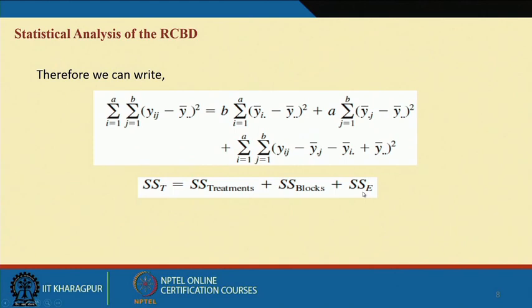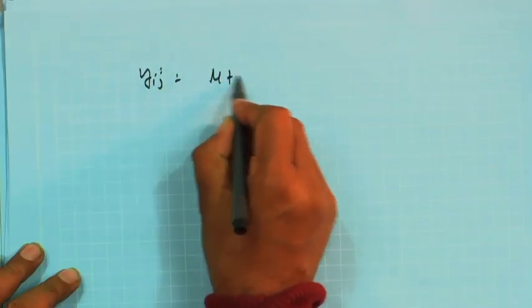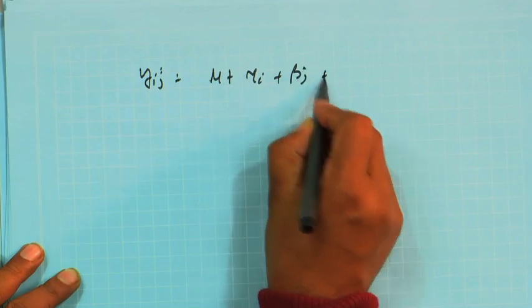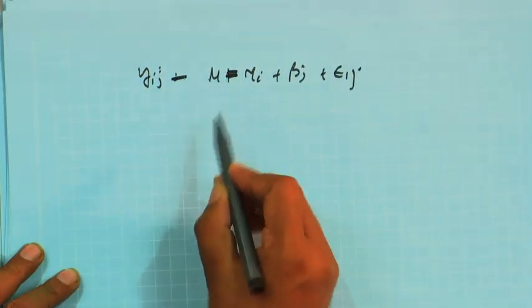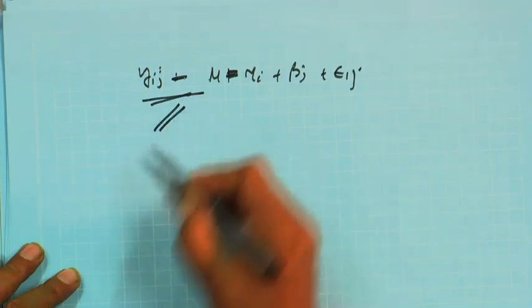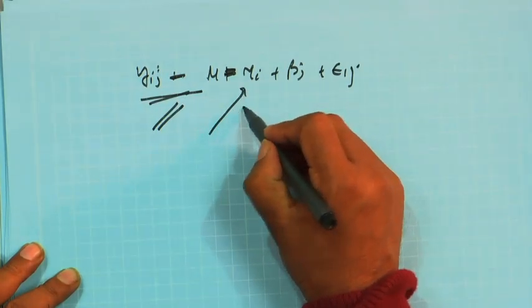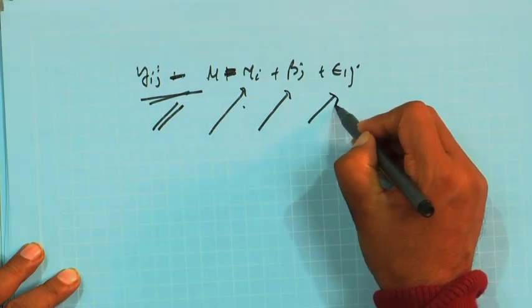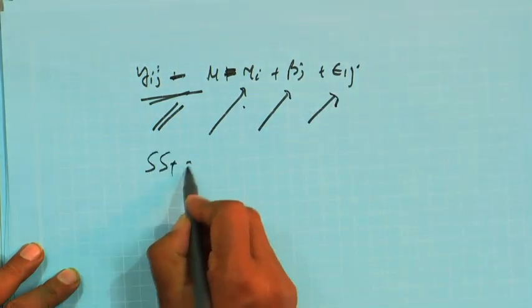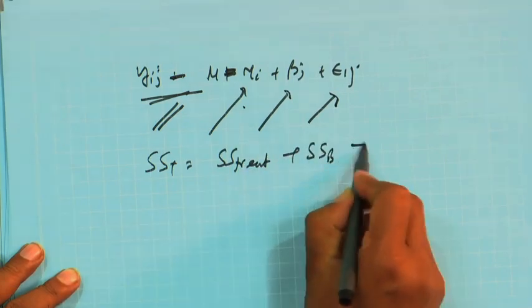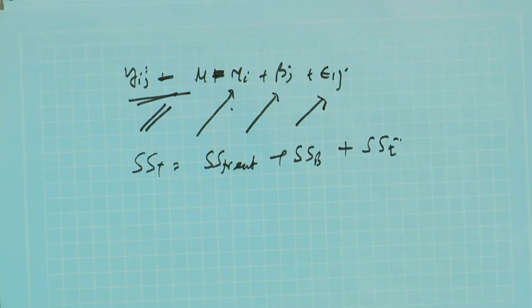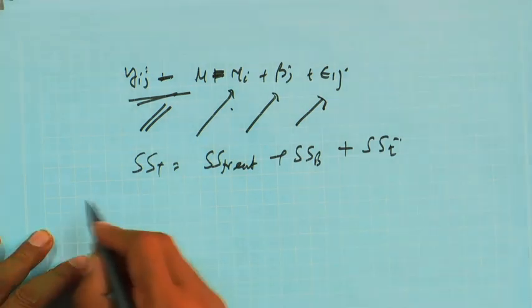That is what you have seen, because your original data y_ij you have written as mu plus tau_i plus beta_j plus epsilon_ij. So, if I write this minus this equal to this, then ultimately the total deviation is coming from the treatment point of view, block point of view, error point of view. As a result, SST equals SS treatment plus SS block plus SS error,